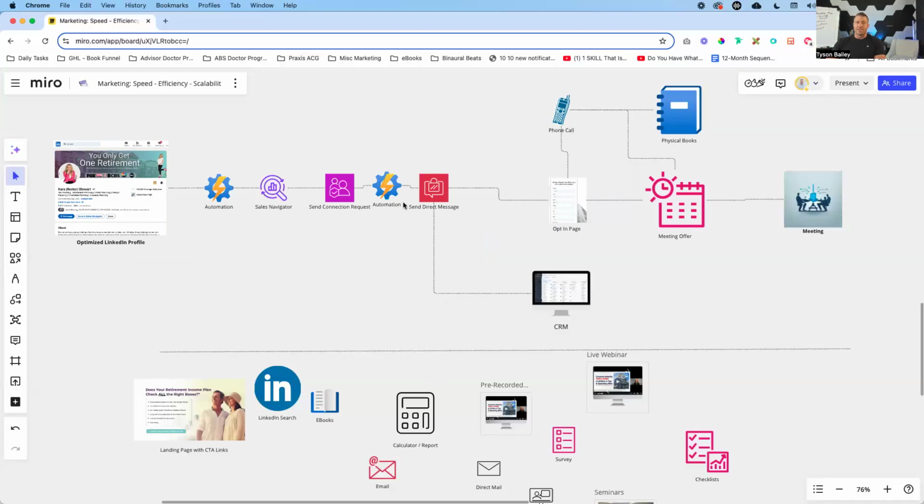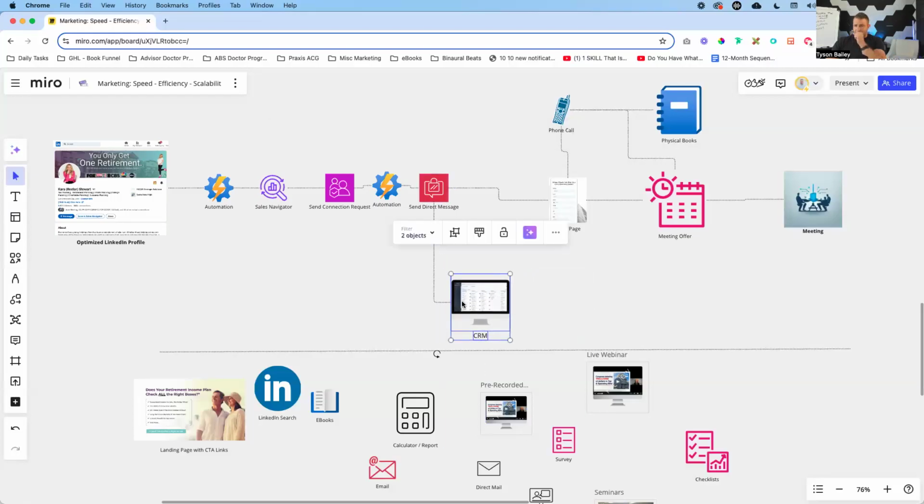But what we can do using the automation is we can automatically use a webhook to pull that information for us. So now when we send that message to somebody on LinkedIn, we can use that webhook to go grab their information and add it to our CRM, and this is where we can start building up one of the most valuable assets that you will have in your business, which is an email list of your target audience, okay?